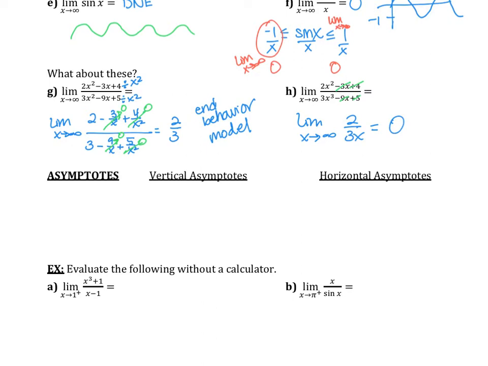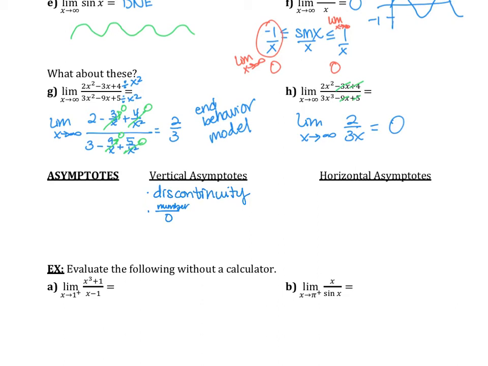Okay, if you remember, asymptotes, let's change colors here. Asymptotes, we had two types, vertical asymptotes and horizontal asymptotes. And really, horizontal asymptotes are just a name we made up to describe end behavior because we were already talking about vertical asymptotes. A couple things you need to know. Vertical asymptotes represent a discontinuity. So vertical asymptotes are a discontinuity. It's any time we have some polynomial function, some number, divided by 0. Okay? So anytime we have a function divided by 0 or a number divided by 0, we get a vertical